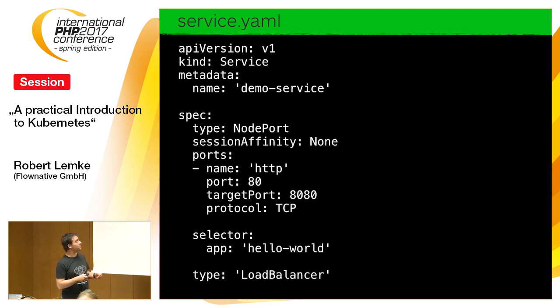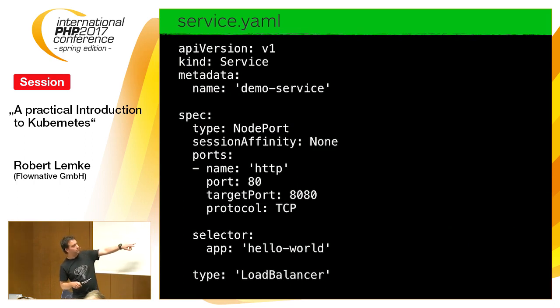And this service here defines that it has one port 80, which is targeted to the port 8080 in the container. And the connection between the service and the pod is again done through selectors, right? So it's a really loose coupling. You have the service there, and that can live without pods and so on. It will just not route any traffic as long as there are no pods. But if any pods are matching the selector, it will direct traffic to it. And that can be TCP or UDP for all kinds of purposes.